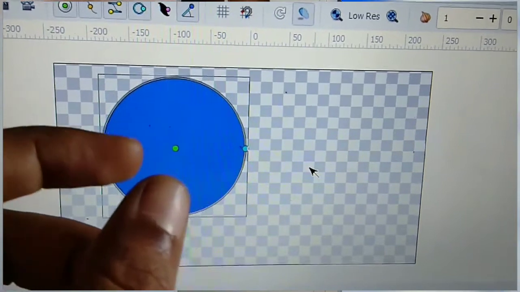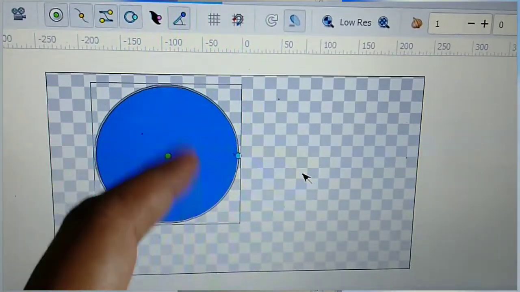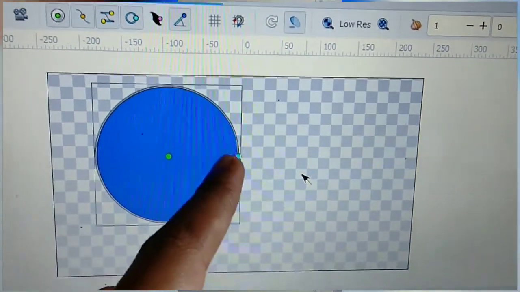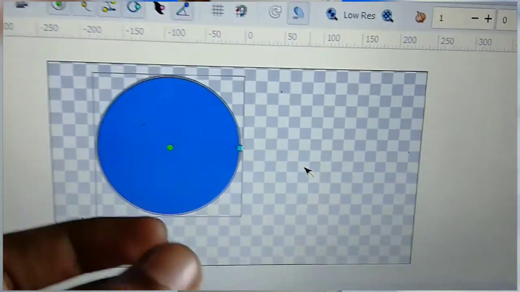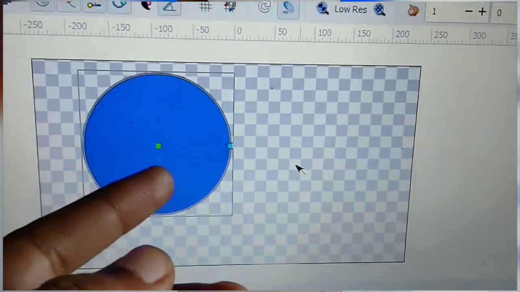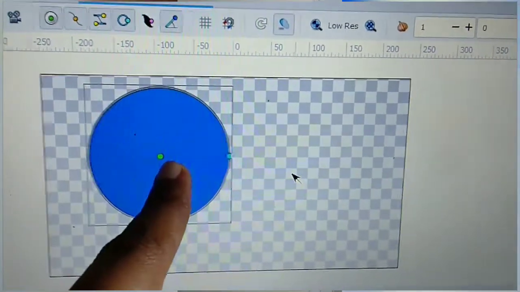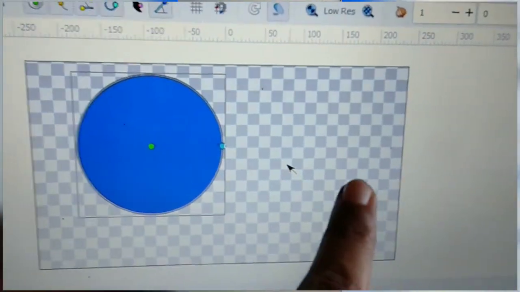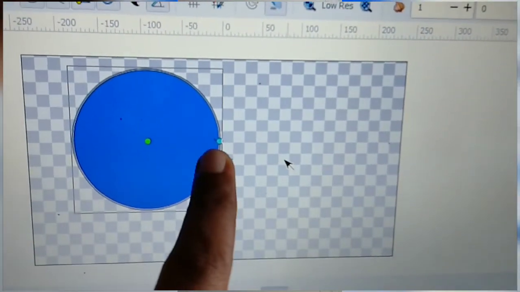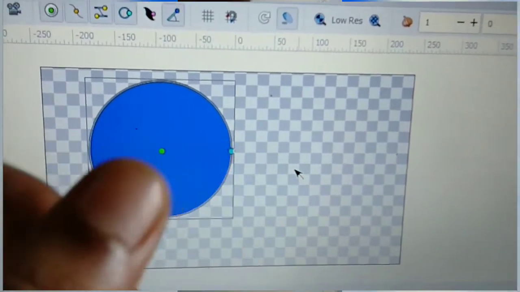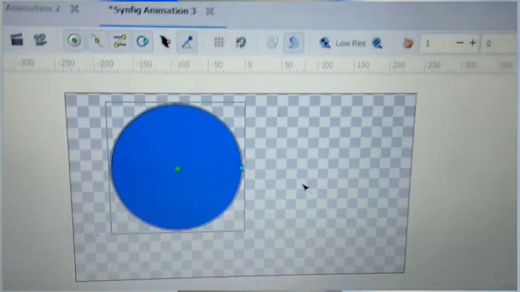It is used to control the parameters of the layer. Control the parameter, it means what? We control it, we make it smaller or bigger. It means you are controlling your circle tool. That's why it is known as duck. And duck are two types, green and blue. Green is used to move your object and blue is used to change the radius of your circle tool. Clear? So our circle tool is complete.